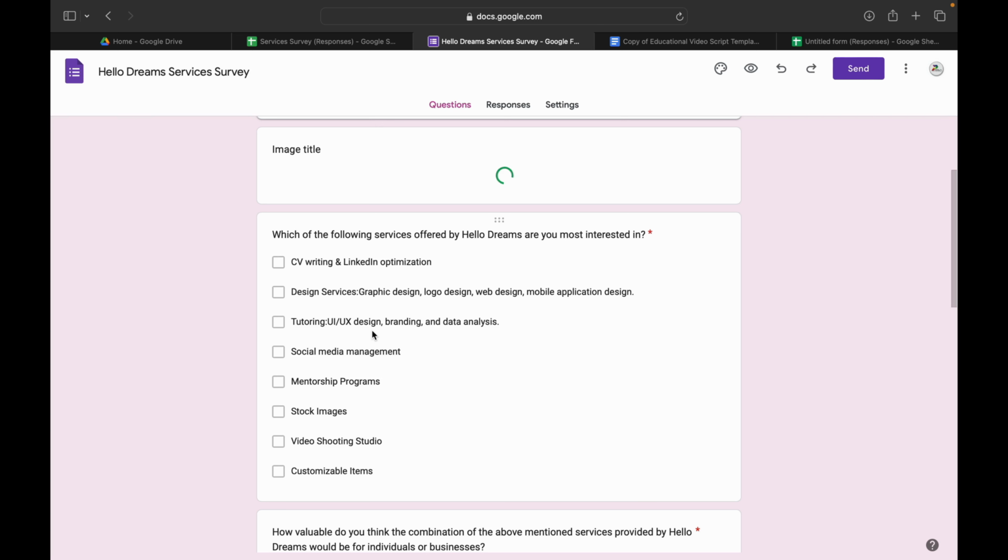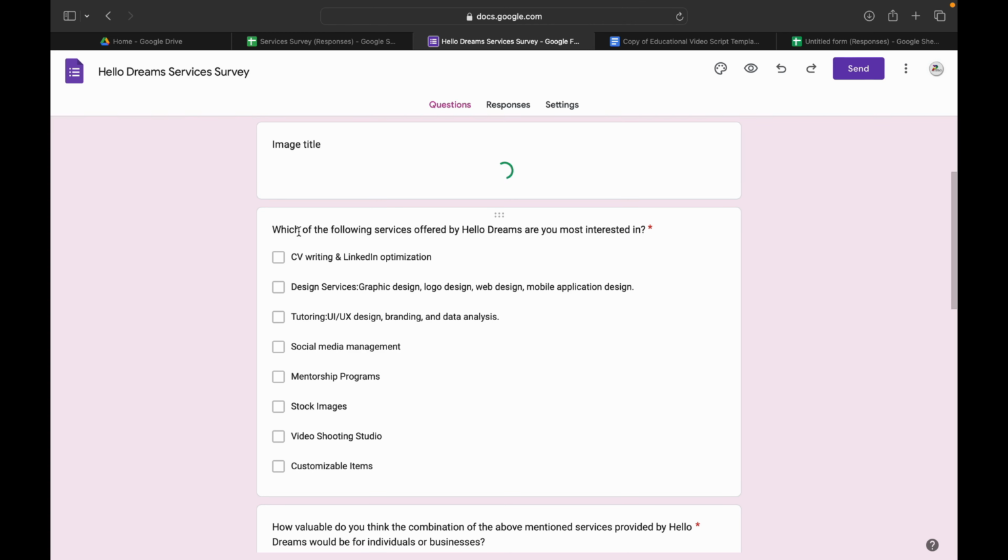So I wanted to understand if users are going to appreciate that all of these things are going to be combined. Even though at the point I was sending this out, I felt like it might be too much on a website and users might get confused as to what the business actually does. Some of the questions that I asked: which of the following services offered by HelloDreams are you